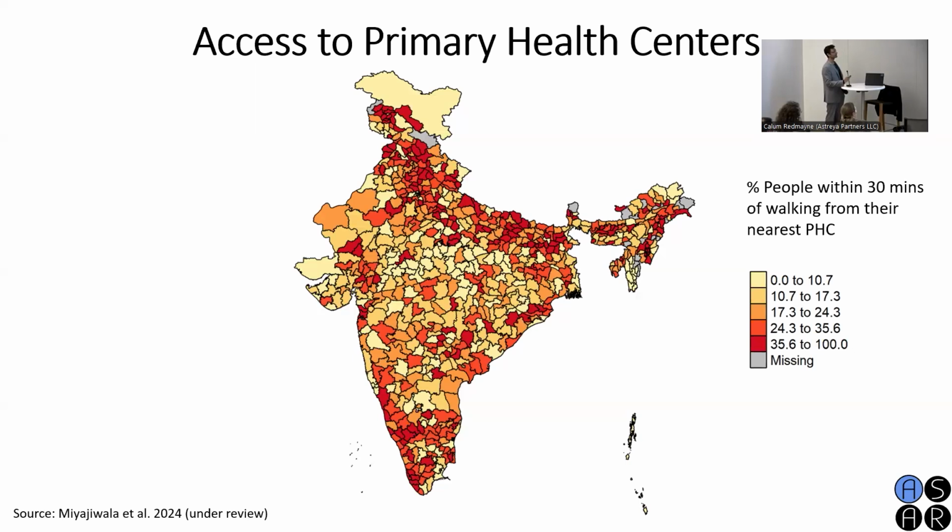All right, so the first map as part of results that I'm going to talk about is access to primary healthcare centers. So these are first point of care seeking within the larger setup. India has primary healthcare centers, then community healthcare centers at the secondary level, then district hospitals, and then medical college or teaching hospitals for the tertiary level. And what you see here is a district level map of people who are within 30 minutes of their nearest PHC by walking.